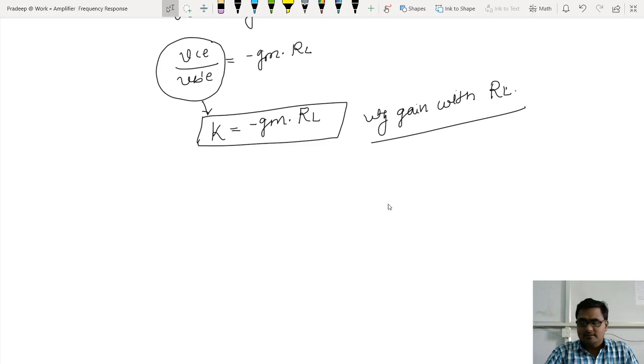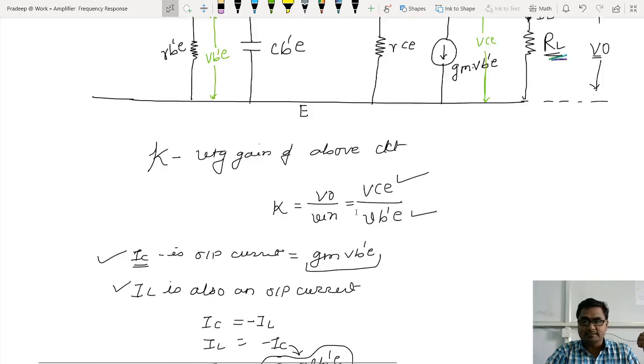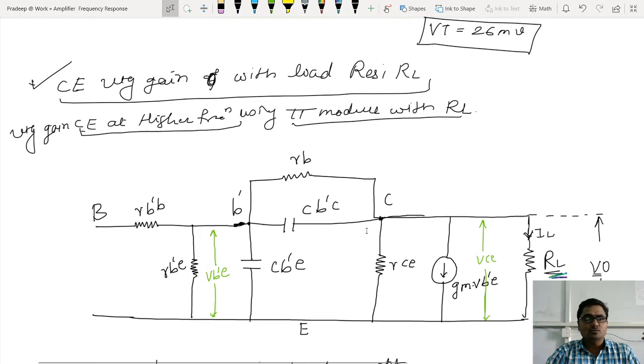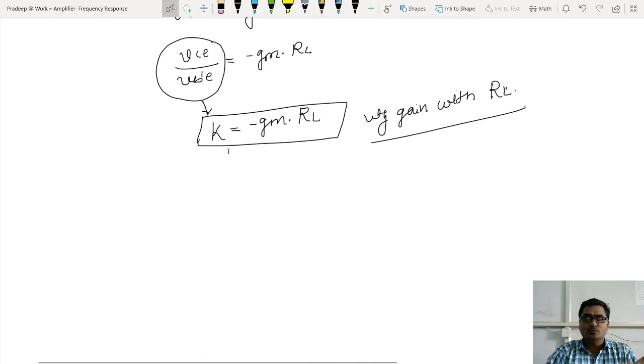Yes, we have proved. That's the intention, that's the purpose, that's the motto of the analysis. What is the motto of analysis? To get the voltage gain when load resistor is present. See, this is the voltage gain K when load resistor is present. Is it? Now, apart from that,